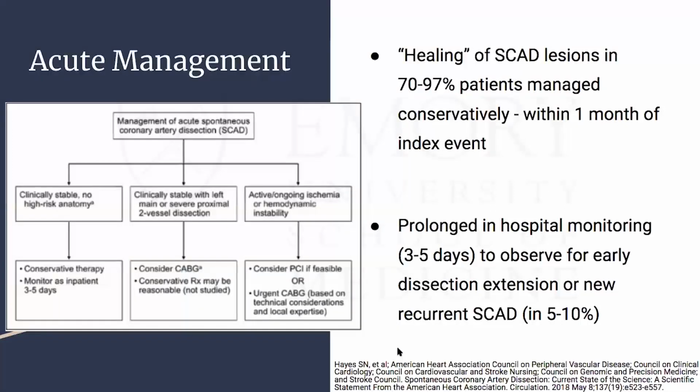For the acute management of SCAD, I like this algorithm because it breaks down how we think about these patients as either clinically stable patients without high-risk anatomy, or clinically stable patients with high-risk anatomy, versus patients who continue to have ongoing ischemia or hemodynamic instability. So for this first category of patients who are clinically stable without high-risk anatomy, really conservative therapy is what is recommended for this group. In an observational study of 131 SCAD patients who underwent repeat coronary angiography, they noted